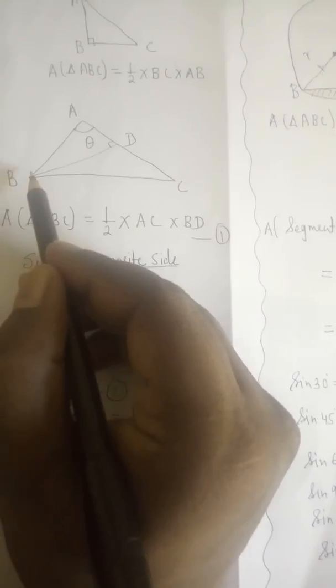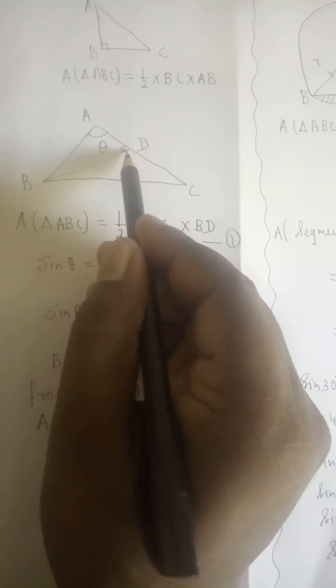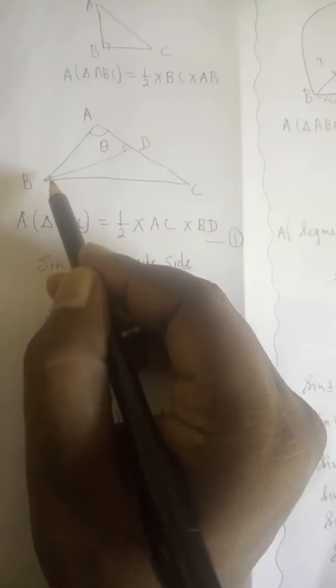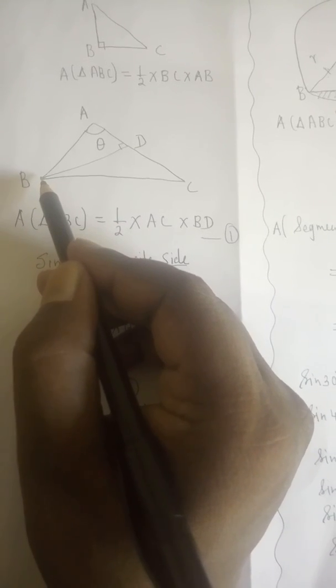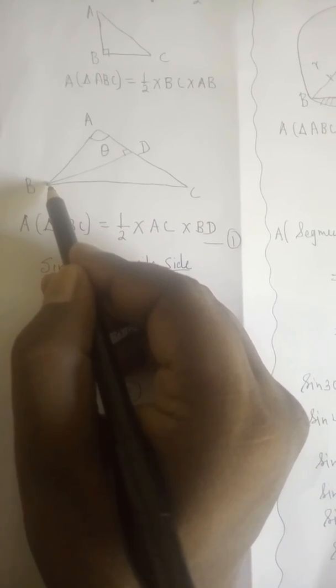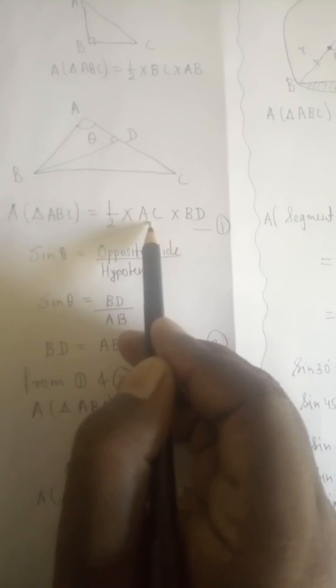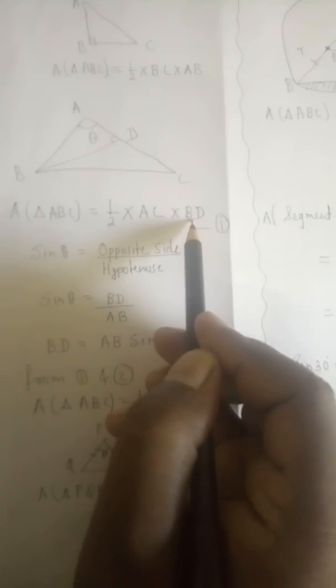So friends, in this case what we are doing, we are constructing a perpendicular passing from vertex B to its opposite side. You may construct from anywhere, you may construct from C to AB, that's your choice, right? So from here, I repeat, we are constructing a perpendicular from B to its opposite side AC. So therefore we can get the area of triangle ABC as half into AC into BD, where AC is the base and BD is the perpendicular height, or you may say